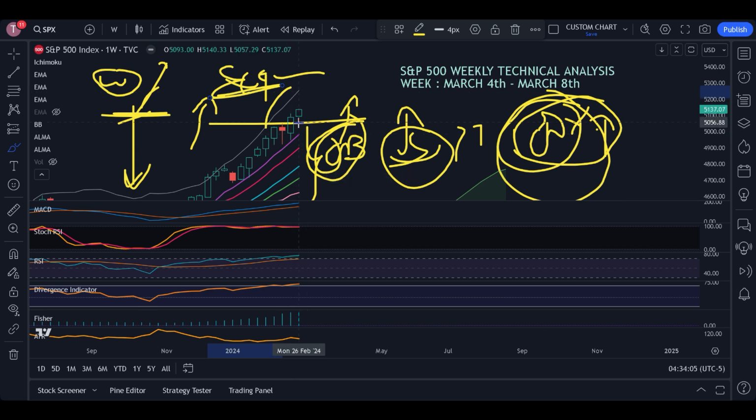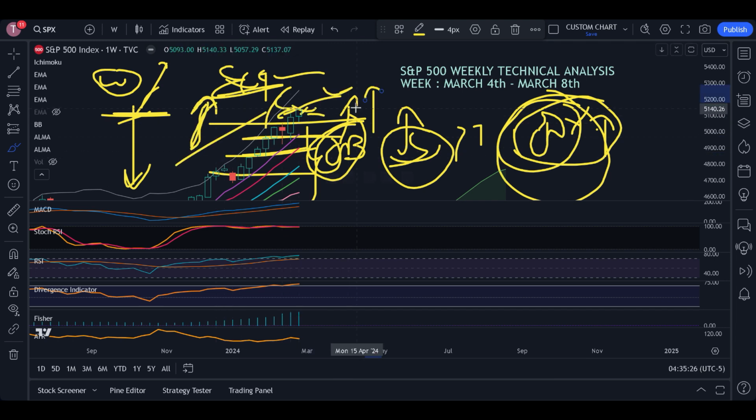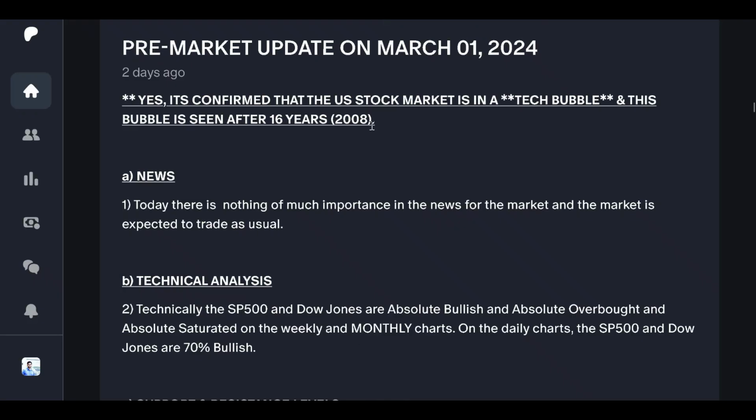Okay, and the market, if it wants, then it can move up, not a problem. But there is no substantial base. Okay, this is what you must remember. There is no substantial base because of which the market is moving up. Anyways, guys, whatever will happen, I will keep you posted